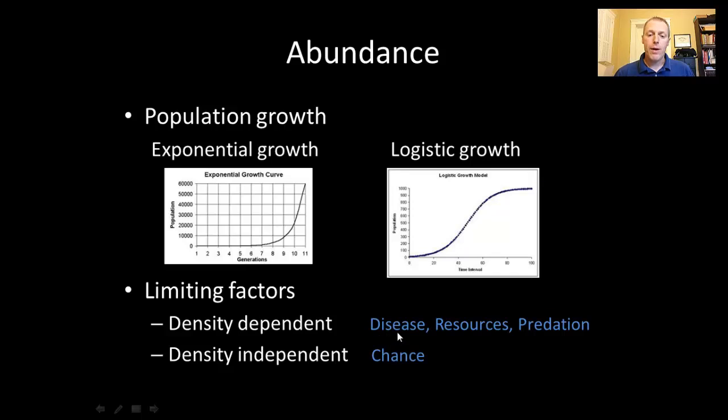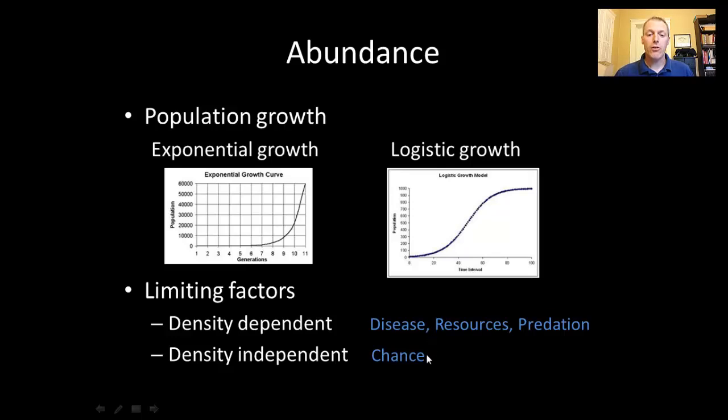If the population is small, disease or resources don't limit the population. There's plenty of resources to go around. A small population isn't going to attract much attention from predators. Disease doesn't play much of a role because the organisms are so far apart. But as the density increases, as the population goes up, then disease spreads much more easily through the population. Resources begin to become limited, and predators begin to key in on this population as a source of food. And so all these things are going to have a greater impact as